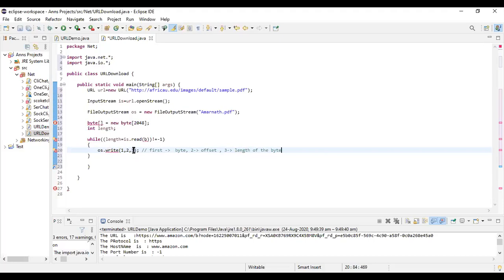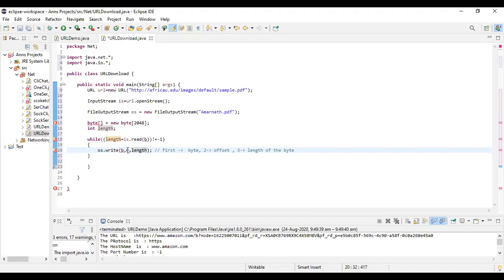Okay, so I'll just fill up things over here. Which means the first byte should be at the first offset. I'm planning to write the first byte at the 0th offset and then the length. Now, where will the second byte be?